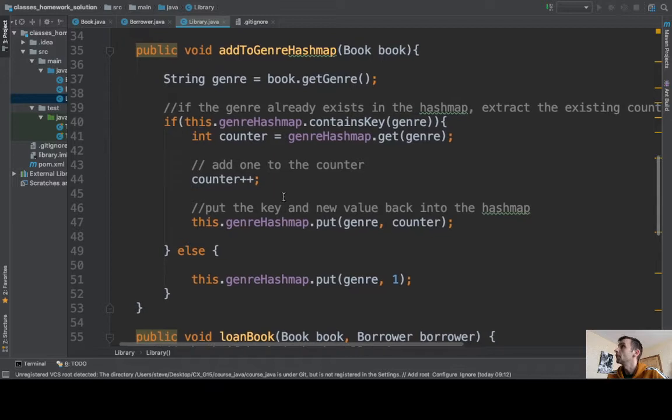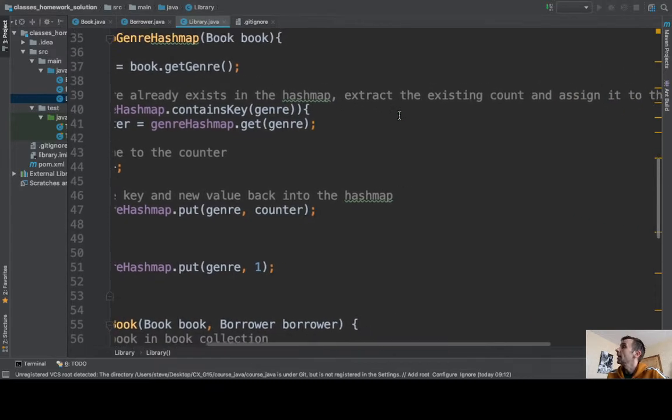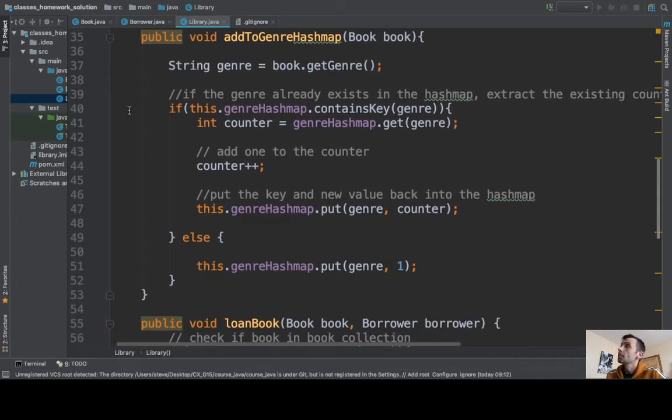So here's how we do it. First we do a bit of conditional logic and we say if the genre already exists in the hash map, extract the existing count and assign it to the variable counter. So if this dot genre hash map dot contains key genre,